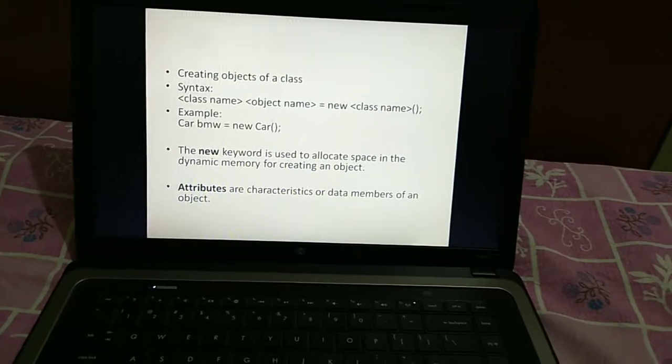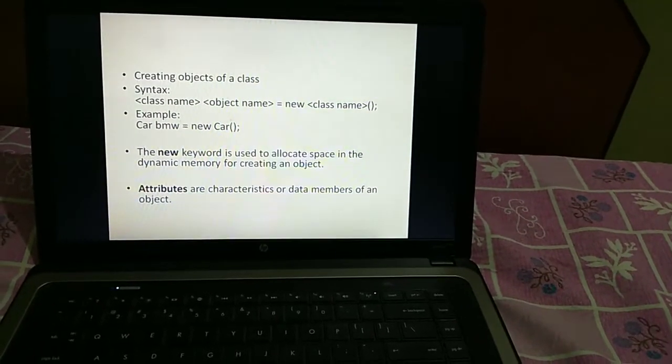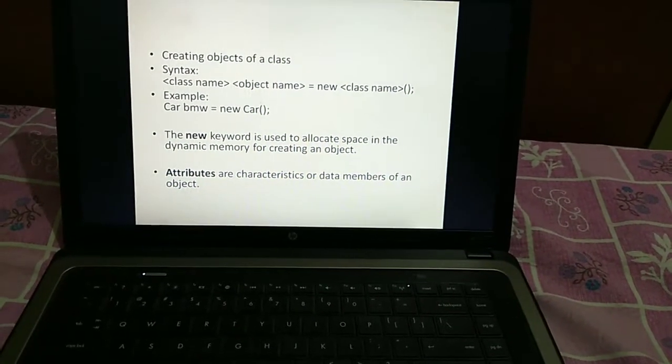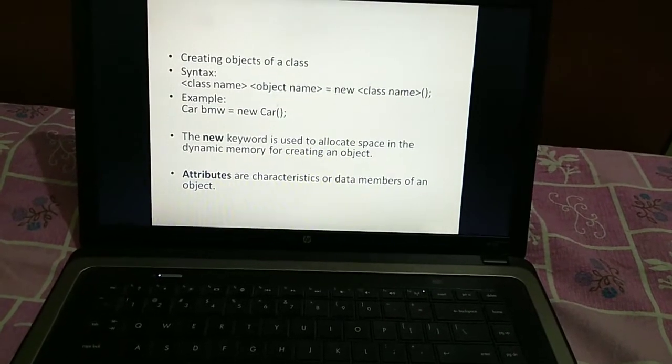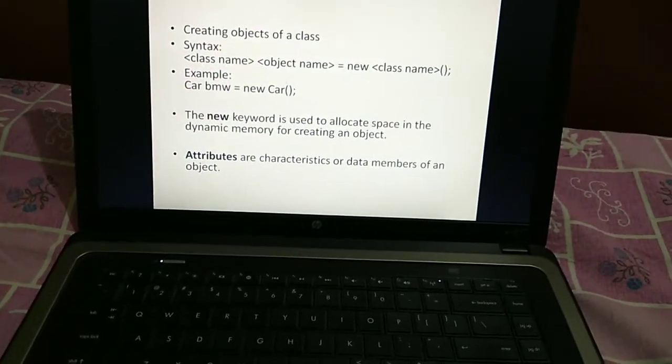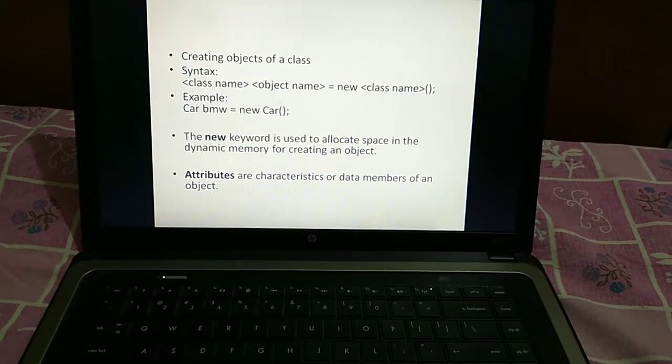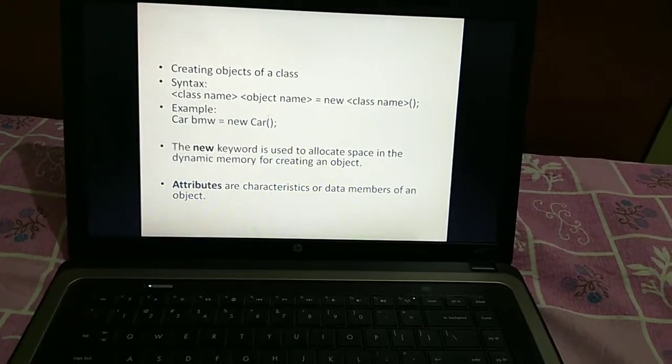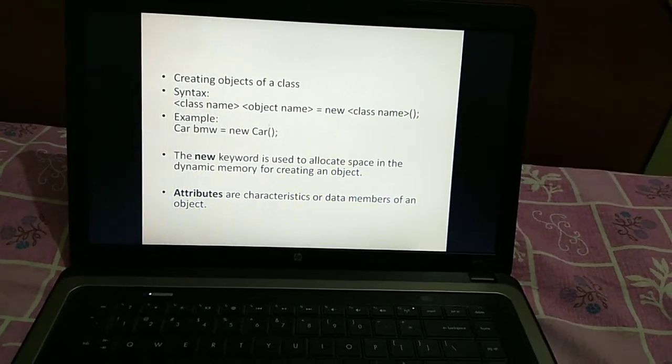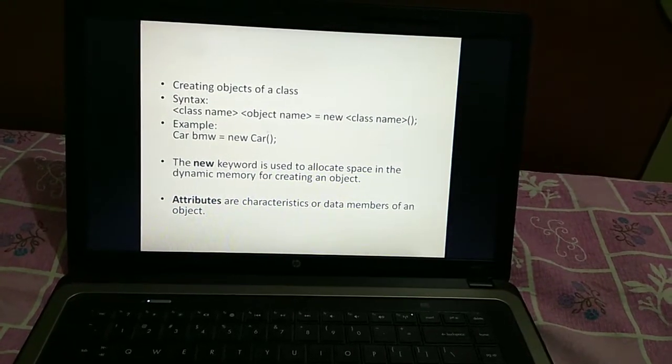Okay, next, creating objects of a class. You are supposed to follow the syntax: class name, object name equals new class name. So what is the syntax for creating objects of a class?